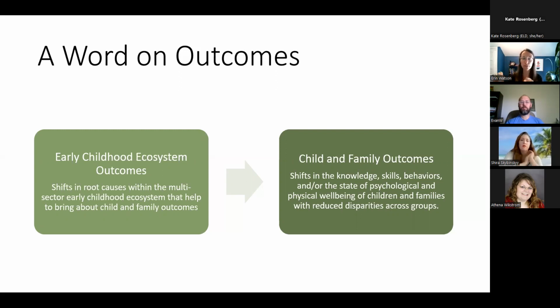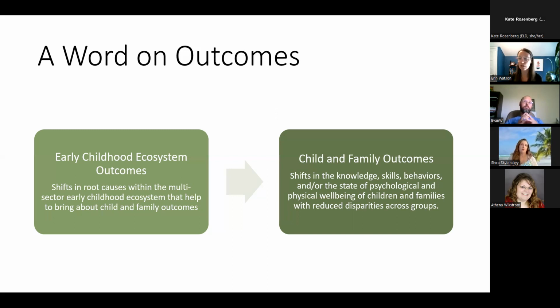And so there's 2 types. If you would take a guess at most strategic plans out there, what do they primarily focus on? Which type of outcome? Ecosystem or child and family exclusively? Child and family, ding, ding, Athena got it right. Now, the problem is there's a whole lot that needs to happen in order for those child and family outcomes to change. And there's a lot of assumptions that we make, essentially, if we're just focused on those, by really layering out, here's how these ecosystem conditions need to shift over time. You're laying out your logical argument for what needs to change in order to advance those.